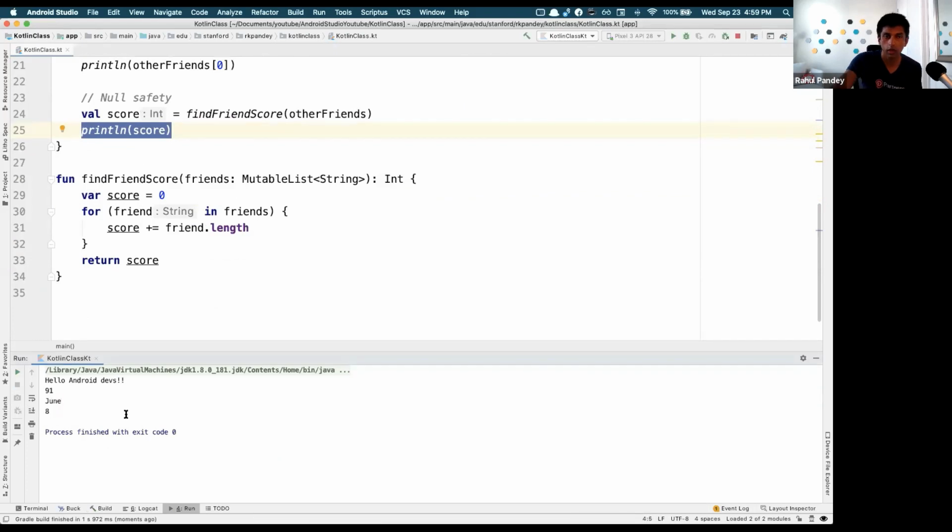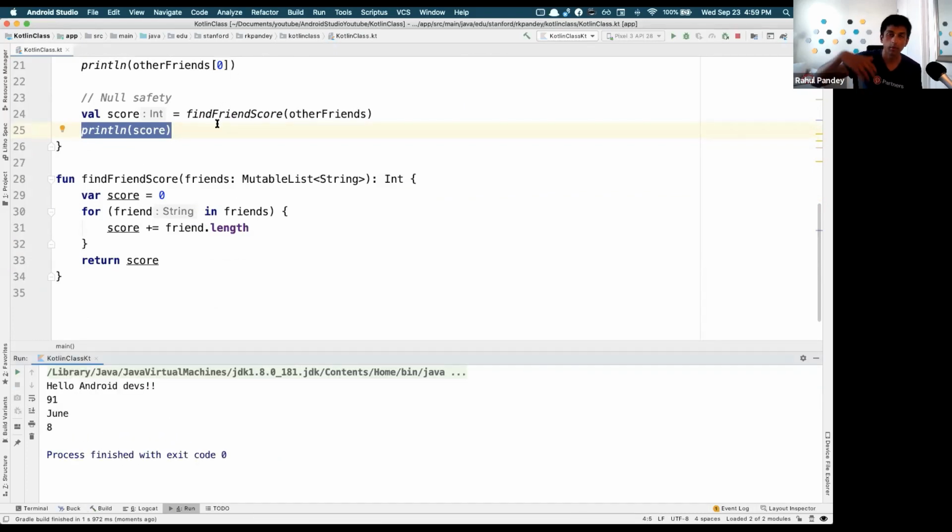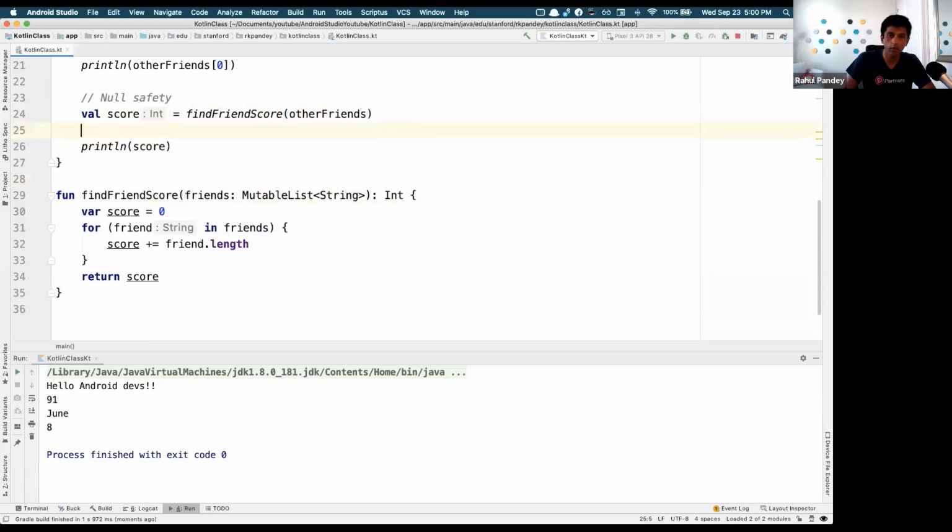Cool, so that worked. Now let's talk about null. Right now, what we're saying here is that friends is guaranteed to be non-null, and the compiler will make that guarantee for us. It will enforce that. So if for whatever reason I wanted to call this method with a null list like that,